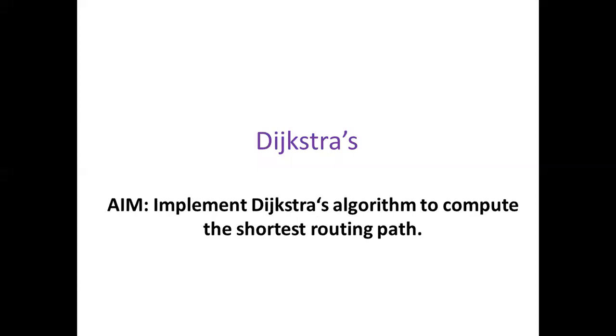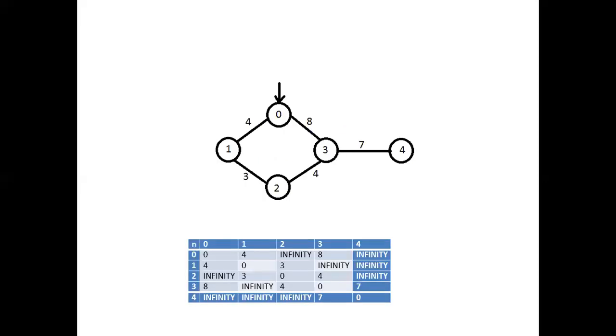So to find out a shortest path, one of the algorithms used in networking is the Dijkstra algorithm. To implement this Dijkstra algorithm in this lab, we are going to use a compiler called Turbo C compiler. Now I am going to explain the programming of the Dijkstra algorithm.